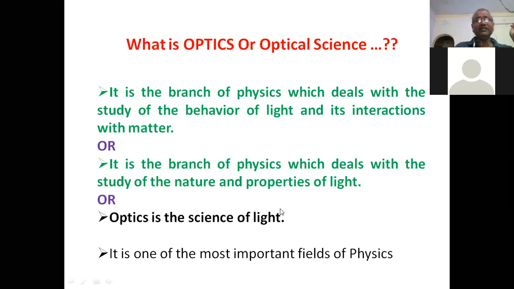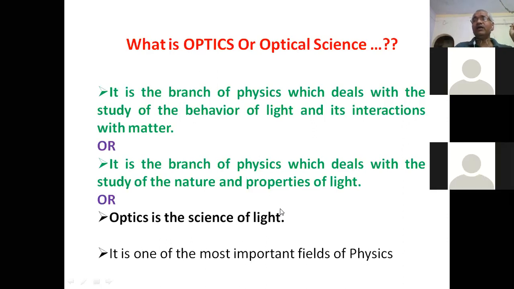Or we can say in short, what is the optics? Optics is the science of light. So whatever we learn about the light, it is the optics. So optics is the branch related with the light. So optics is the science of light. So these are the few definitions I have given to you. You can remember any one of them. So in short, optics is the science of light. So how the light behaves, what are the different properties of light, how the light interacts with the matter, all these things we will learn in this course, that is the optics.